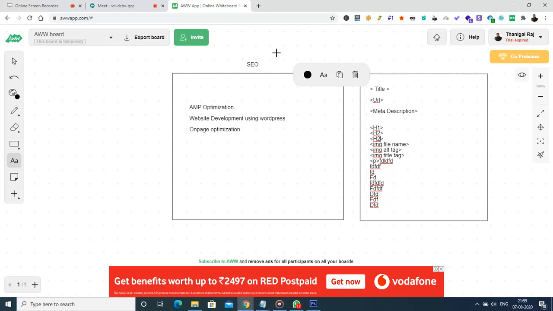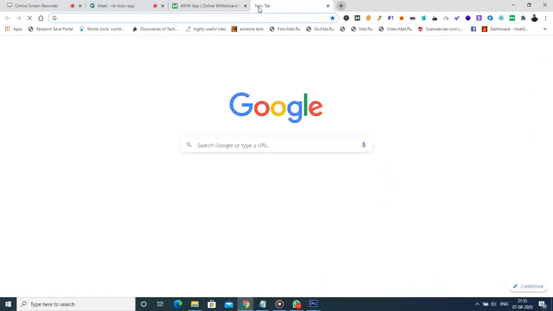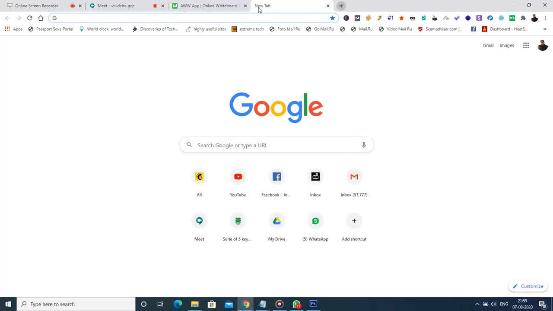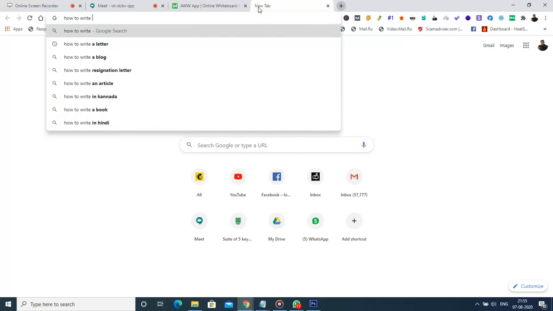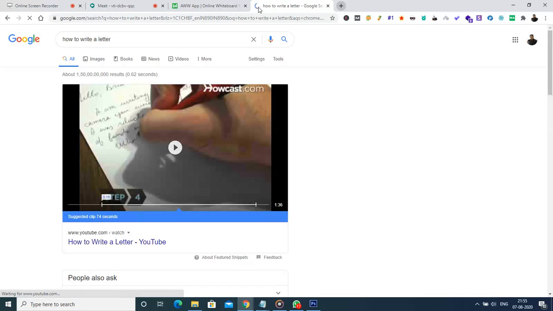Now let me show you all those tags inside a web page. Right now I'm going to a web page. Let me take as an example the query how to write a letter. This is the keyword that I entered in the Google search.